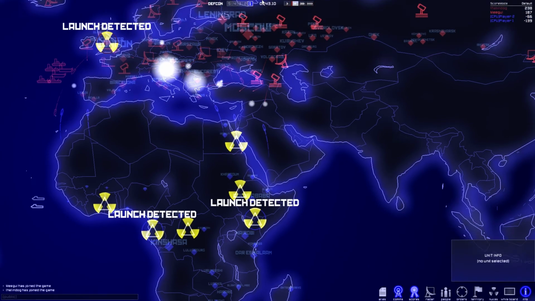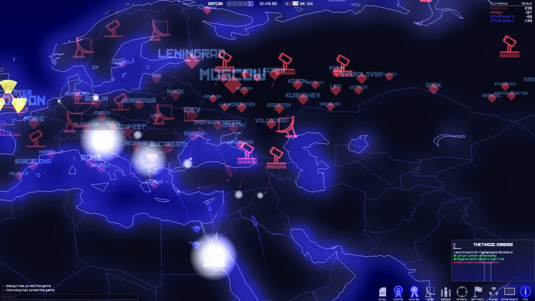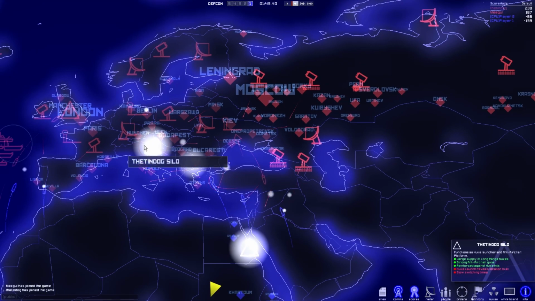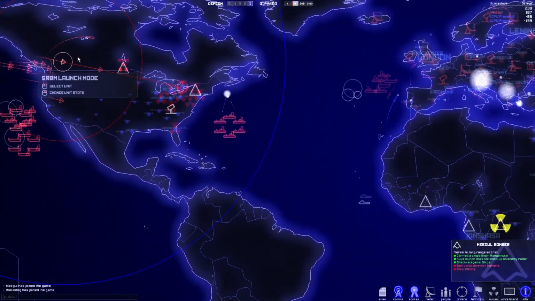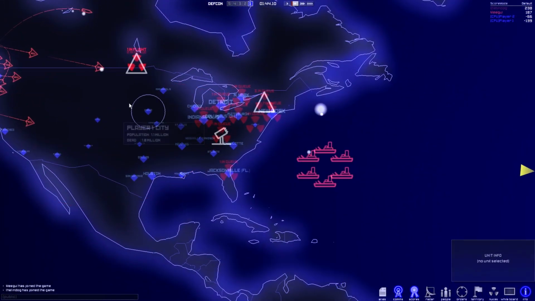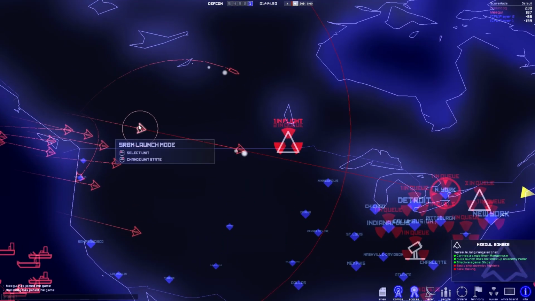Please don't. Yes, it didn't. No! Nuke hit home. Nuke hit home. Where? On a silo. Silo is intact. Alright, I want an ICBM launch. I got a nuke. Why are all these...